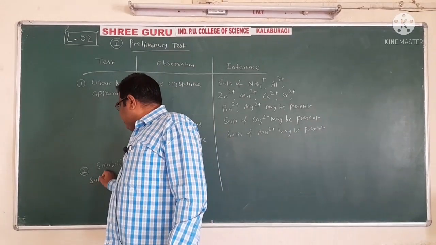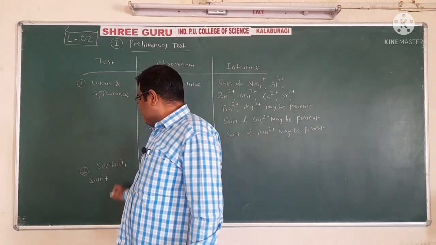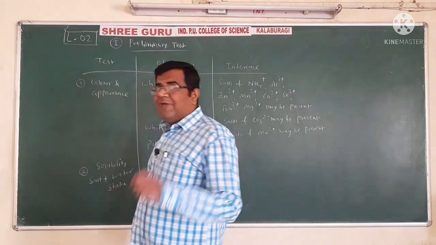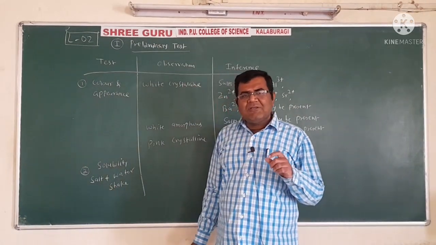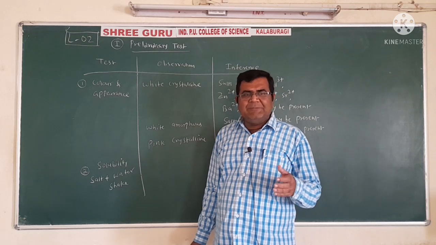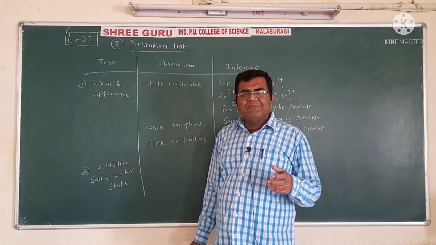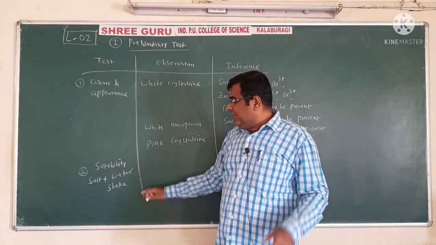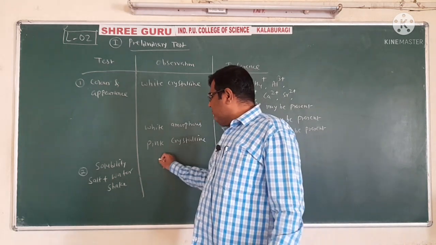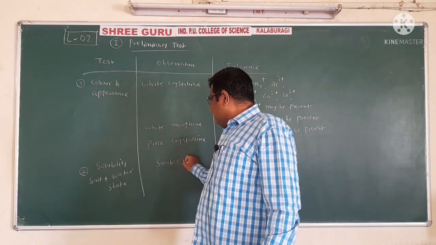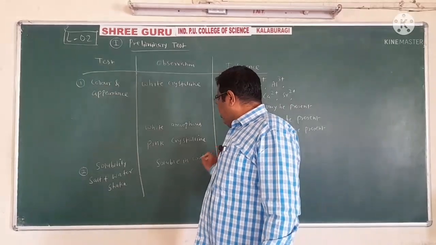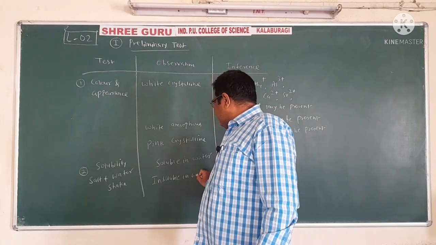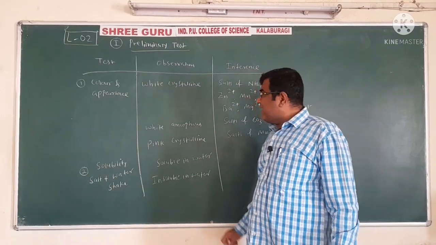How to do that? We have to take salt in a test tube, a small amount of salt. We have to add water to it, and we have to shake it well, because many salts are not easily soluble. It takes some time, so we should give that time to it, and we allow it to get dissolved. So we have to shake it, intermix it. There are again two possibilities: either it is soluble in water or it is insoluble in water. If it is soluble, mostly it is a crystalline salt.